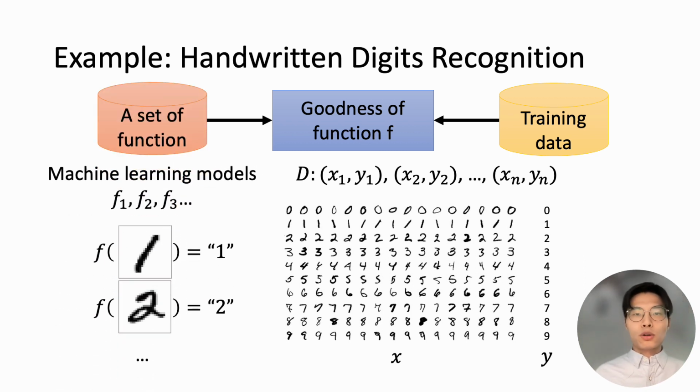Therefore, we can try to evaluate the goodness of each function, for example f1, f2, f3, here to see which one can achieve the highest accuracy. Finally, we can determine which one will be the supervised machine learning model that we can use for the future